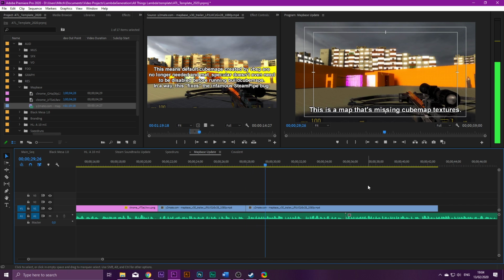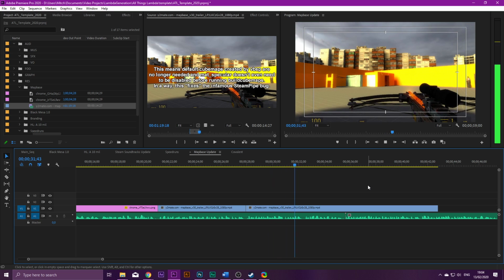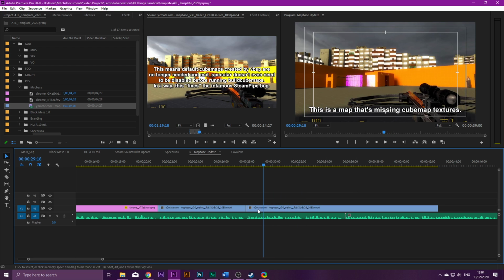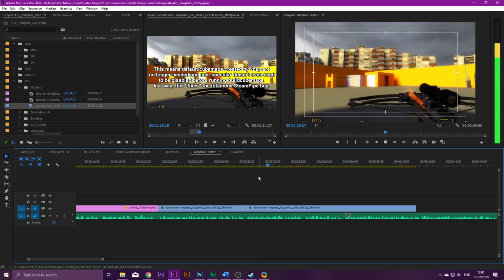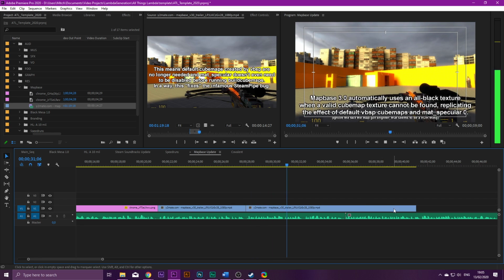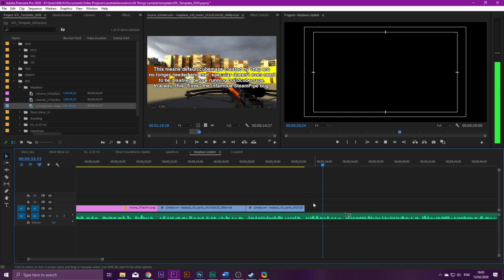Specular reflections have been disabled on the main shader if cube maps are missing. This is to bypass the Steam Pipe cube map bug. The chapter system has also been expanded with some new features which can be configured through a new script file. And the matcher system used by the in and out